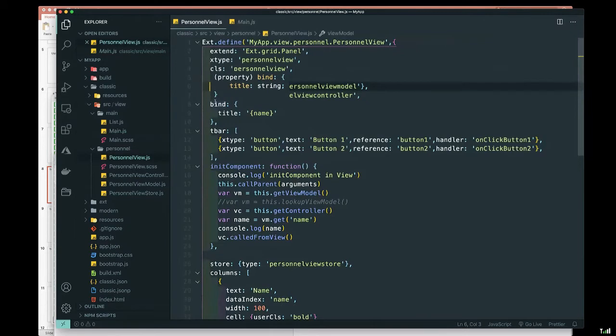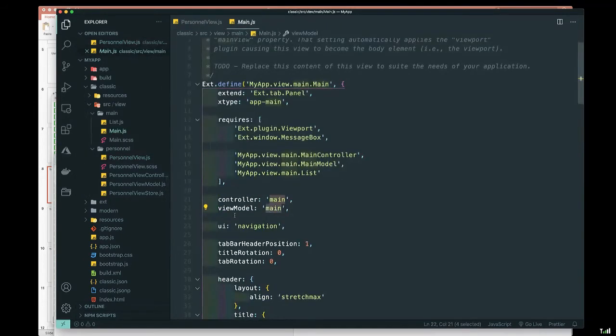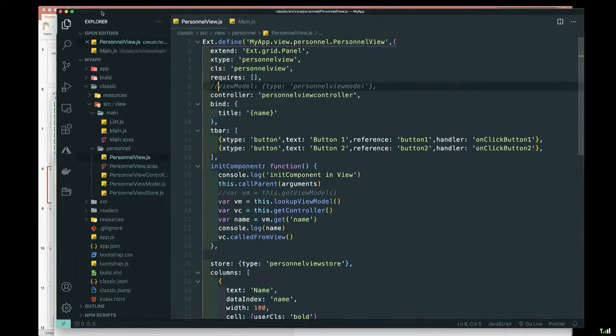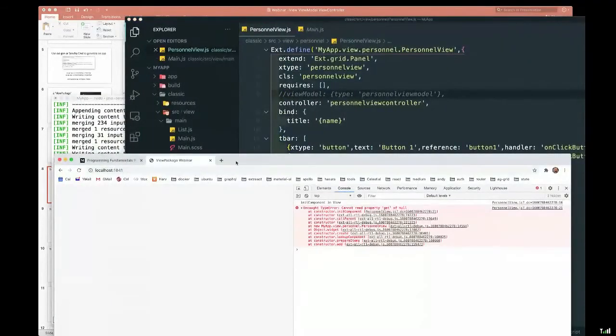ViewModels are the only thing that are inheritable. Now, if I go back here and I take a look at the ViewModel, I thought the ViewModel was there. It turns out that there's a separate call called lookupViewModel. So in reality, if I comment this out, let me run this one more time. So if I comment this out and use the lookupViewModel,